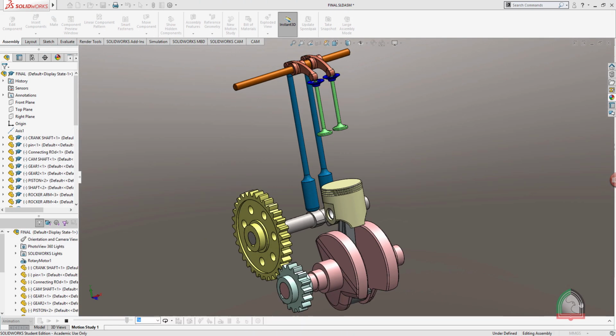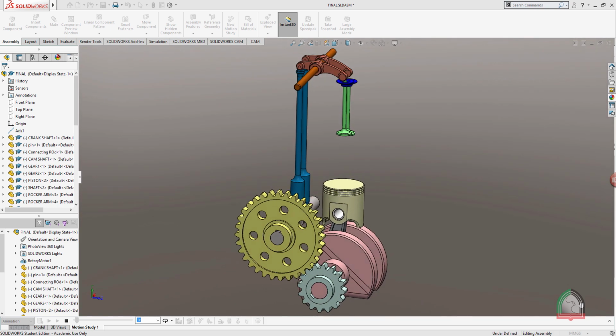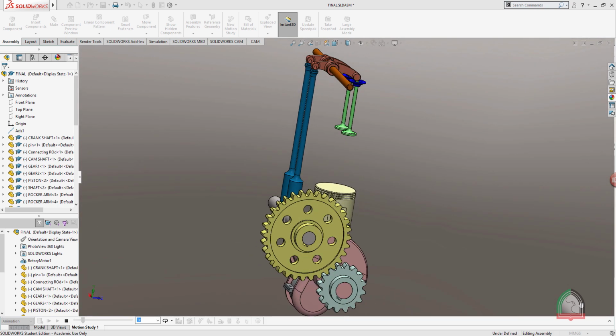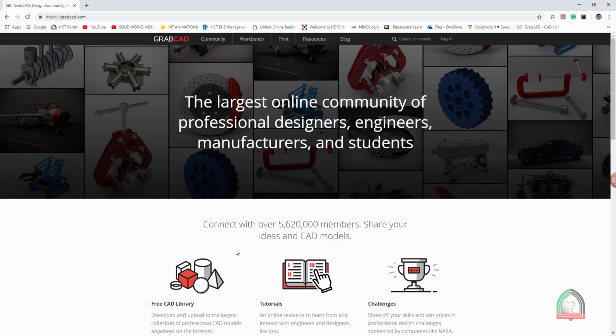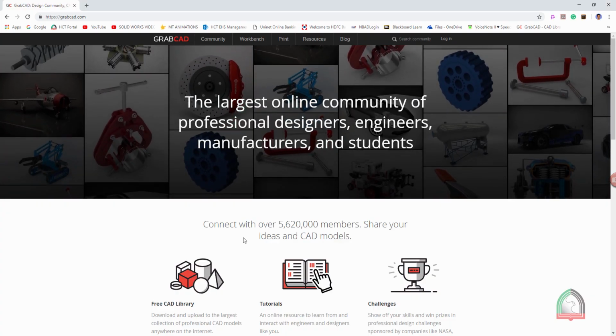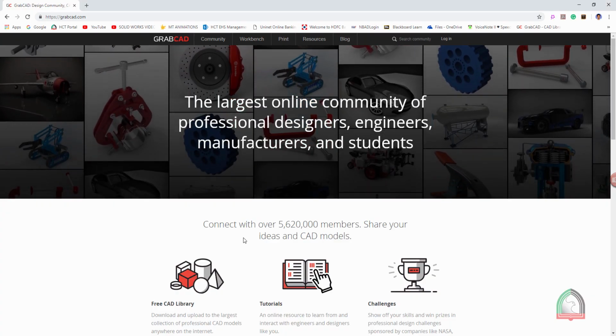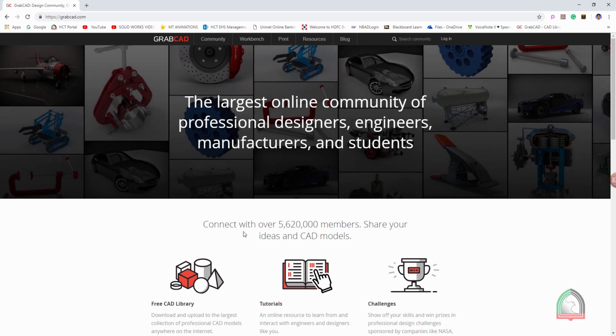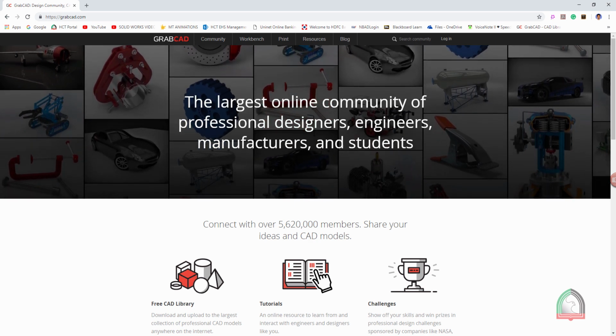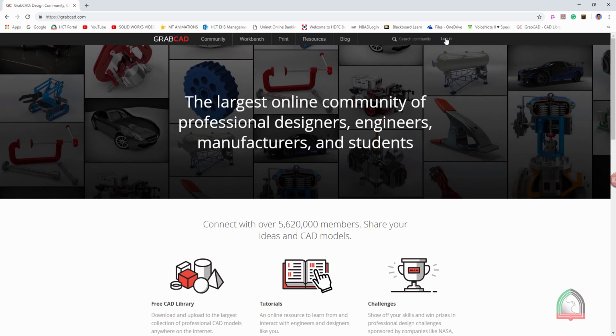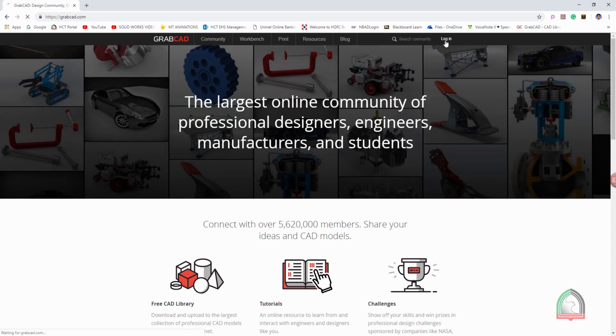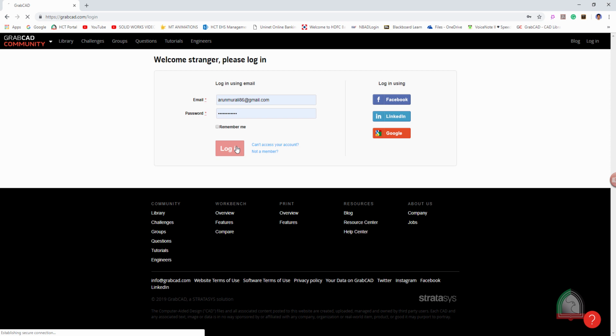The parts for this assembly I directly downloaded from GrabCAD. I would like to show you the biggest online design community, GrabCAD. If you're really interested in design, GrabCAD is the best platform for you to develop. You can share your work and discuss your queries with millions of experts, and the best part is this is completely free. Once you log in, you can select your software